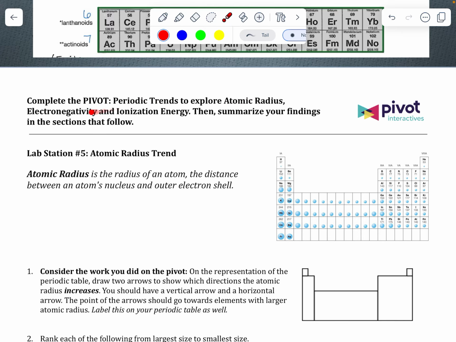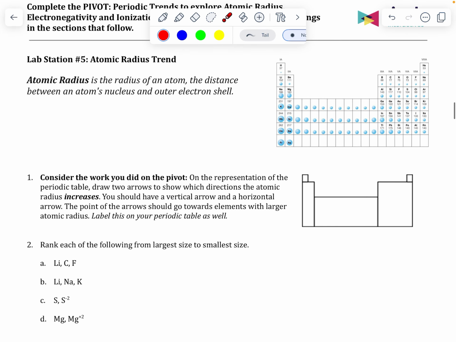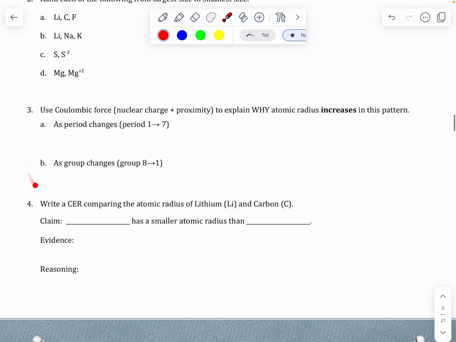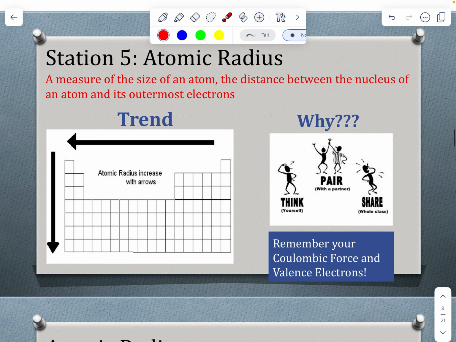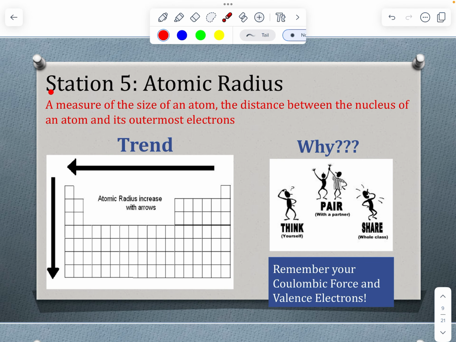If you haven't yet done the pivot, please make sure and do that, because we're going to go through and summarize these. I'm not going to do a super in-depth look at them, but we will talk about these rankings so that if you did those on your own, you can check. You will need to do these CERs on your own using the information we have here, or that we fill in here. All right, so station 5, which would have been that first station you did on the pivot,